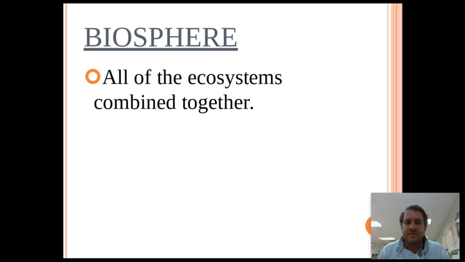And last is the biosphere. That's all those ecosystems combined together. And what does that make? It makes our globe. So our biosphere is our globe. So just remember individual organism, population, community, ecosystem, and then biosphere. And that's the levels of organization. So focus on the characteristics of living things we mentioned earlier, and then look at the